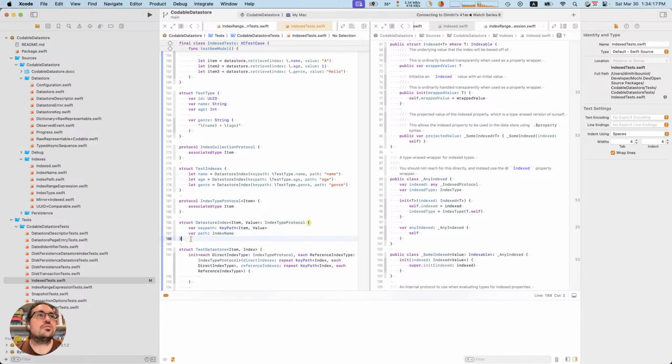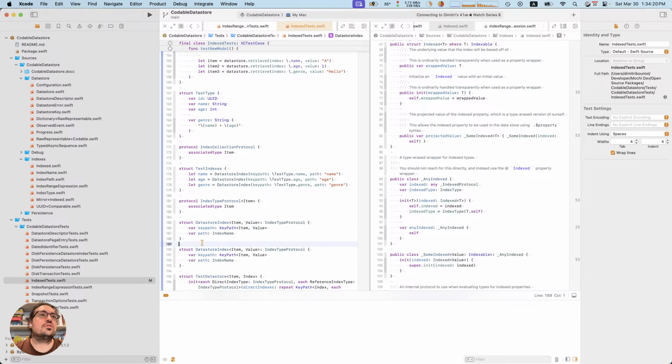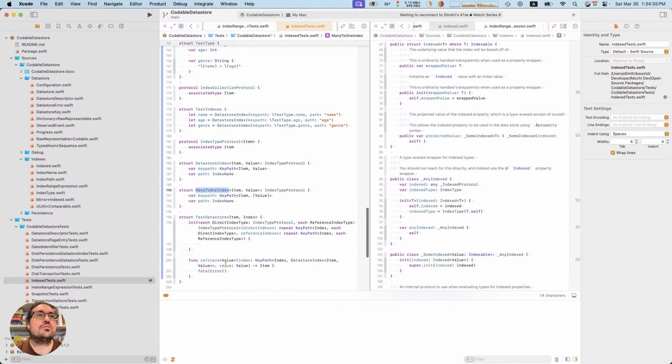So I can have the regular one, I can have many to one index, which takes a value, an array of values.